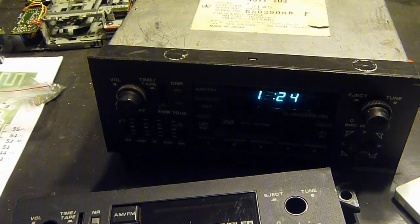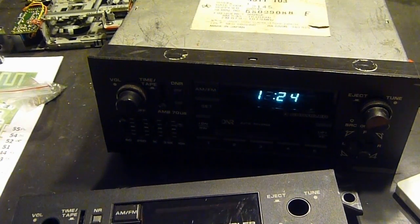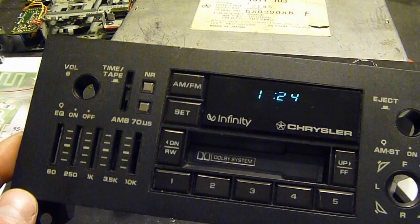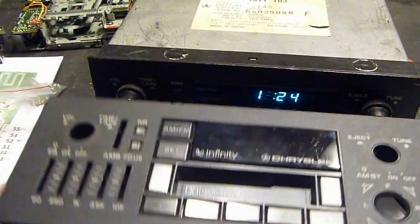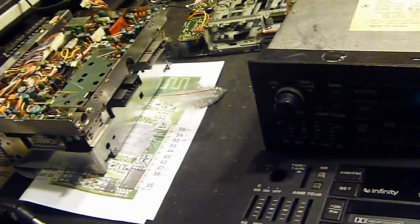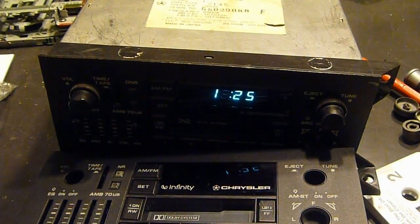Well, hello YouTube. Today we are going to be trying to fix the stereo from my Imperial Ashley. Well, sort of. This is actually the face of that stereo, and the rest of it is over there. Both of these radios have issues. This one,